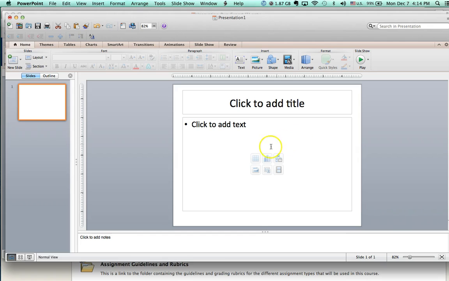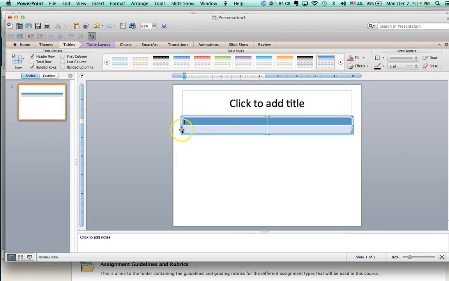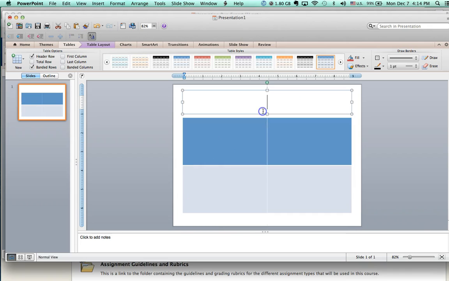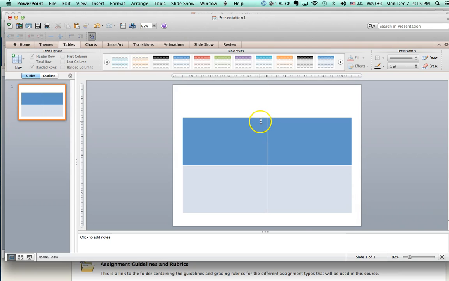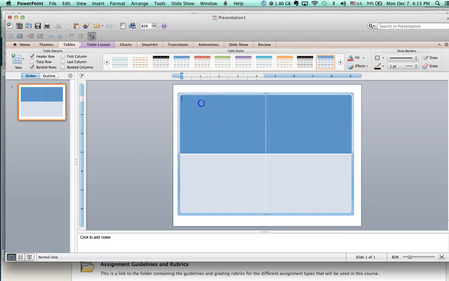So we're back to our blank slide here. We'll create a table using this icon here, insert table, and it's going to be a 2x2 matrix. So we hit OK, and we're going to want to enlarge this a bit so we have some space to type in. You can consider deleting this so it doesn't affect anything else, perhaps enlarging it a little bit more, and we'll simply start typing in. So strengths, weaknesses,